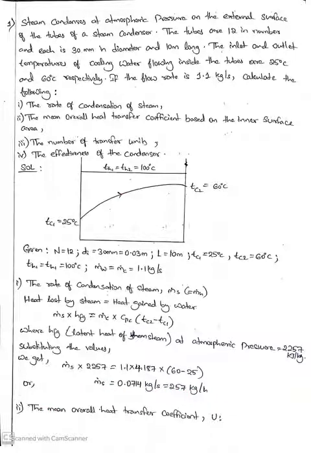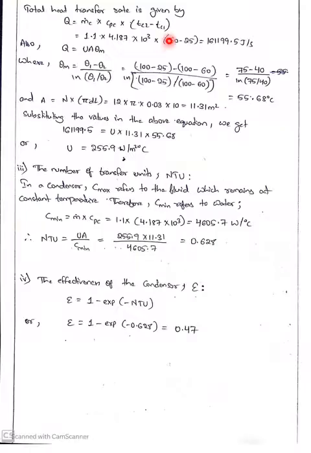So next one is the mean overall heat transfer coefficient. To find the value of that, we need the value of Q. Once we get the heat transfer Q, you can calculate the value of U. Simultaneously, if you know the temperatures of the hot fluid and the cold fluid, you can calculate the value of theta m, and the area. If it has given the number of tubes, that is n, you can directly multiply it with pi d l to get the total overall area of the heat exchanger. So once you get the values of A, theta m and Q, you can directly substitute in this equation to get the value of the overall heat transfer coefficient.